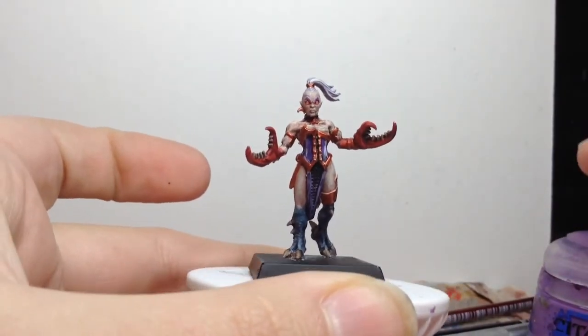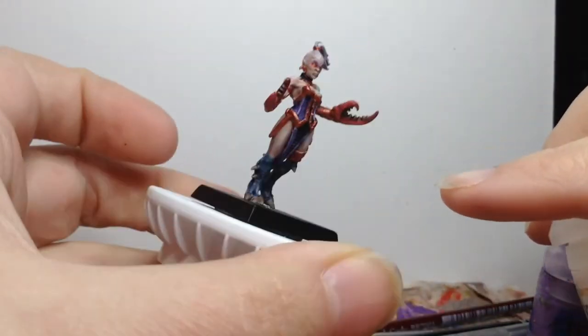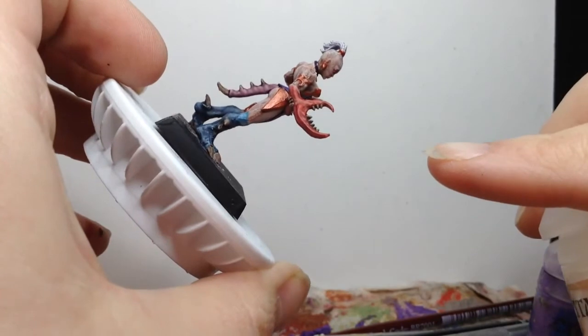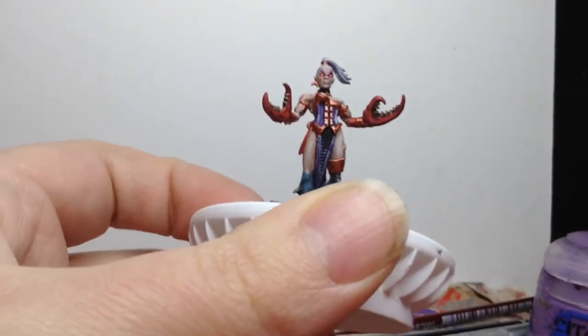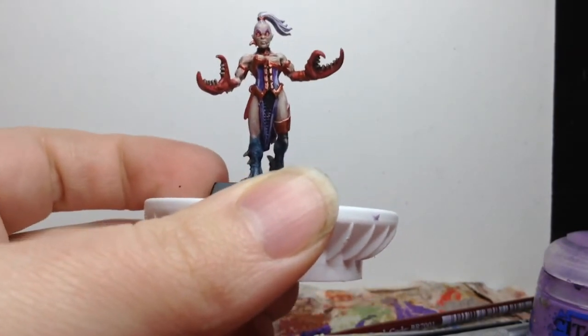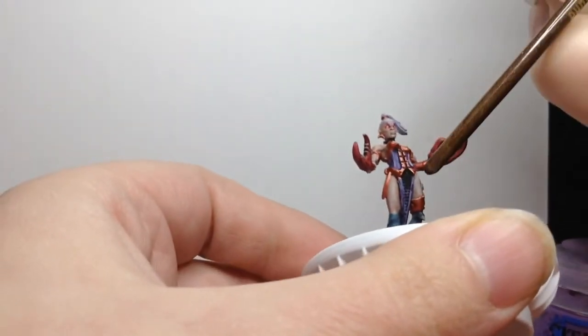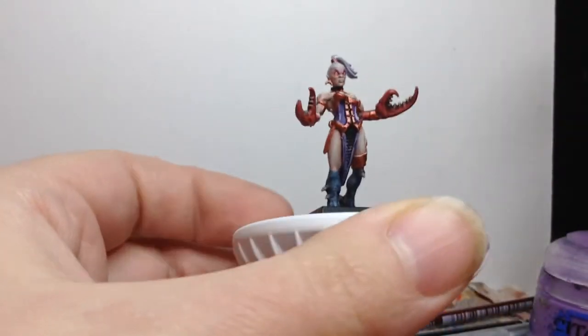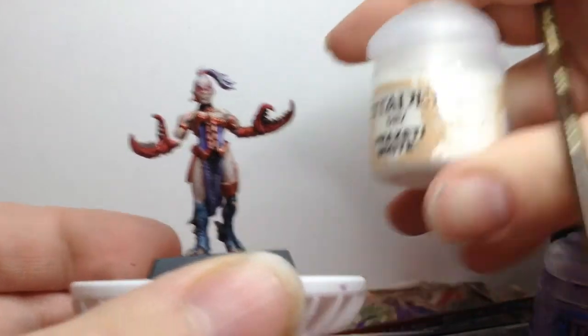Alright, so now that I've got all the gold on there, and you can see I've got it on the little leg cuff, that side ornament, and pretty much everywhere else. So there's pretty much paint on all parts of the model except for the little bit right there where the chainmail is. Now I'm going to take some Praxeti white dry paint